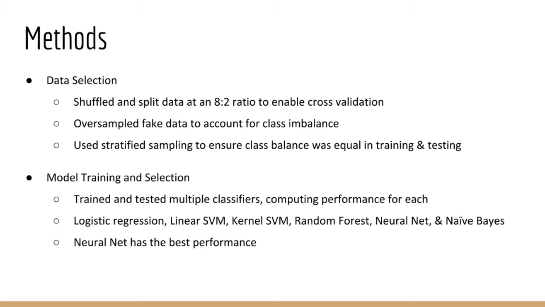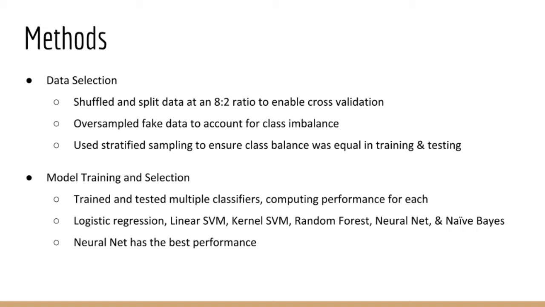However, running a classifier on such an imbalanced dataset would cause the models to classify more tweets as real than fake. To resolve this issue, we decided to oversample the fake data and create a new dataset containing 50% real tweets and 50% fake. We then used the method of stratified sampling to make sure both training and testing datasets contained equal proportions of real to fake tweets.